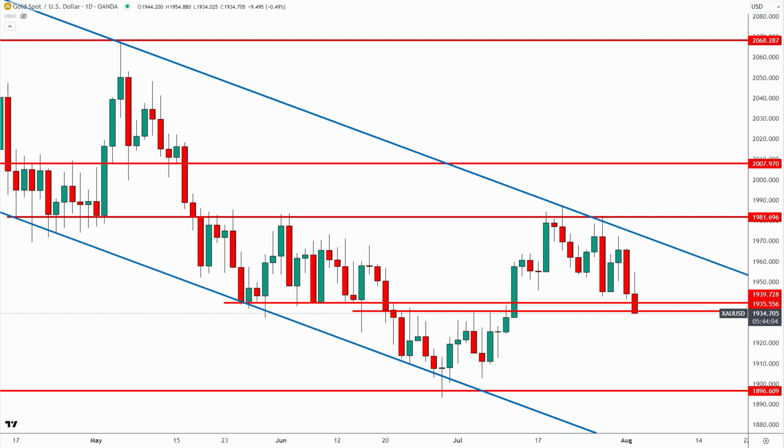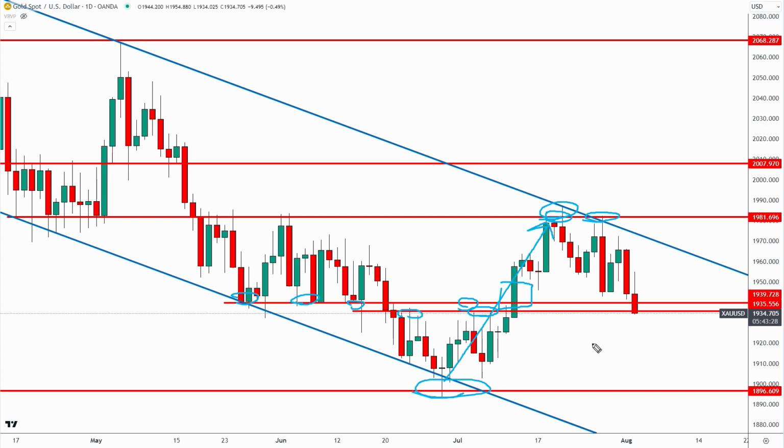XAUUSD. So if you guys have seen my recent videos, you will remember that we did catch this long from down here off of 1900 support. So this was a confluence of support for gold, and we got a nice little rally up here toward 1980. Now, we also saw the market break out from this 1940 area. So you can see all the lows and highs back here in this region. So we saw the breakout through here, got that run up toward 1980, and even had some nice short opportunities